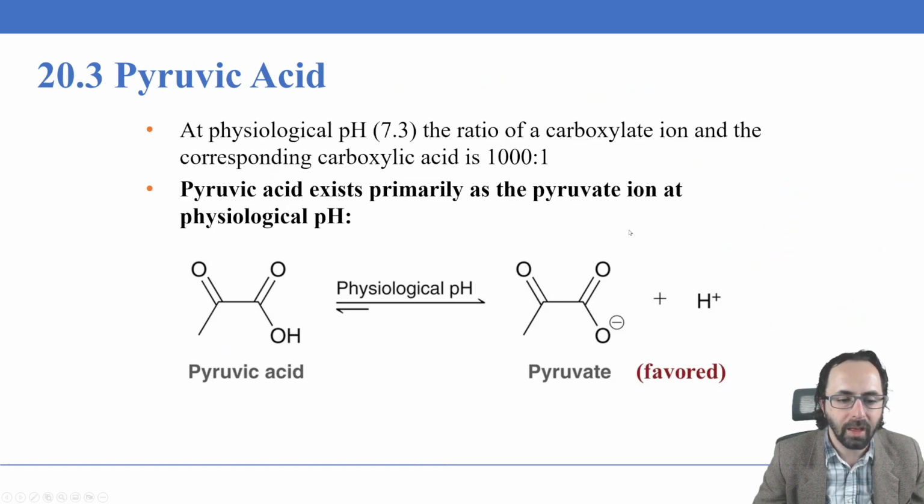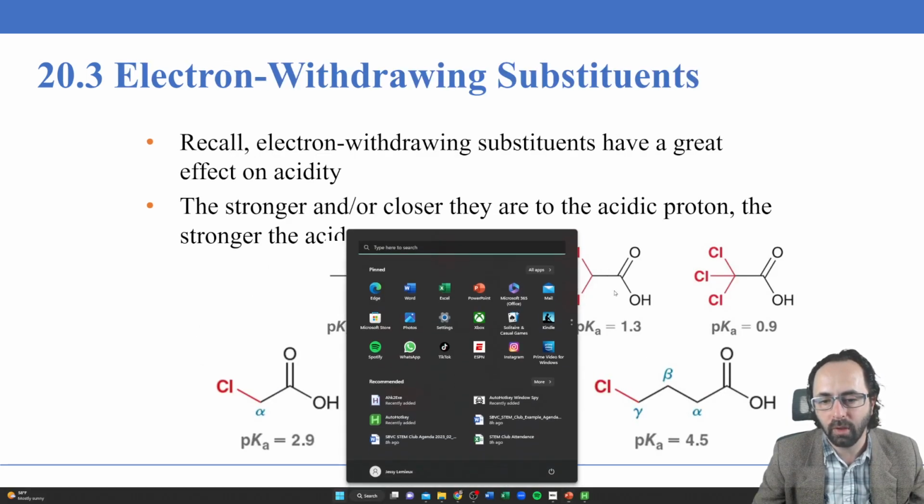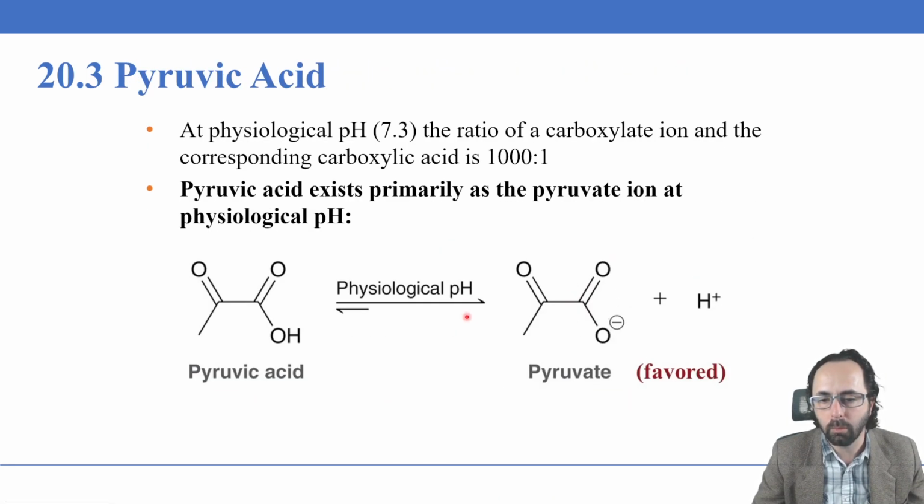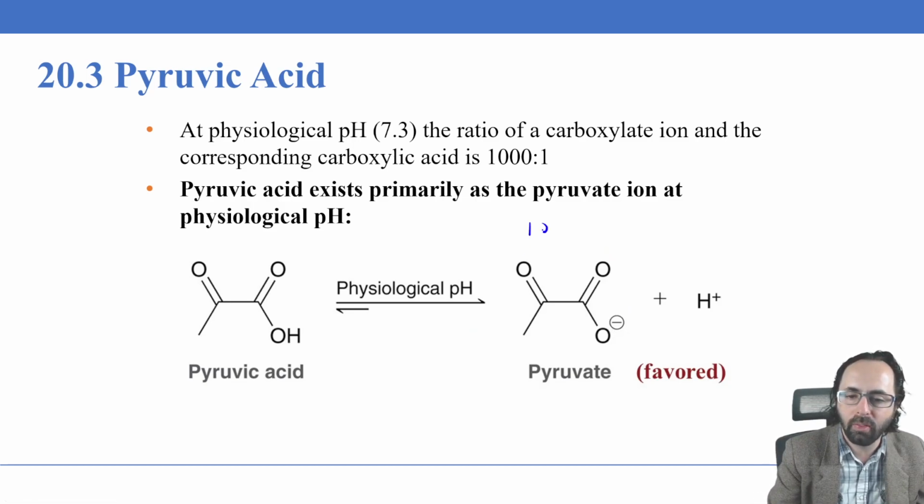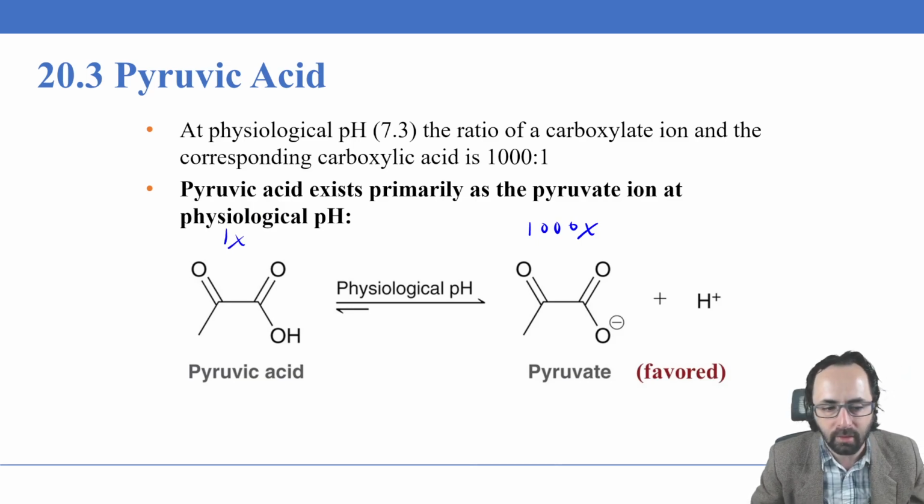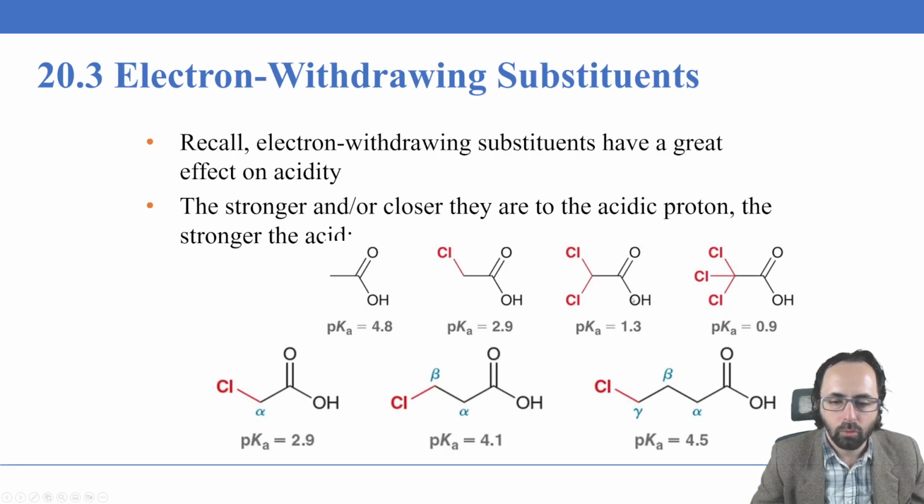So an example of that is pyruvic acid. In physiological pHs, you're not going to have pyruvic acid, probably. You're going to instead have the deprotonated pyruvate, which will be the dominant form here. And again, we'll have about 1,000 times this versus 1 times this at the physiological pH. Remember that